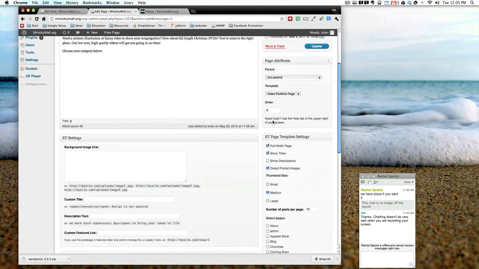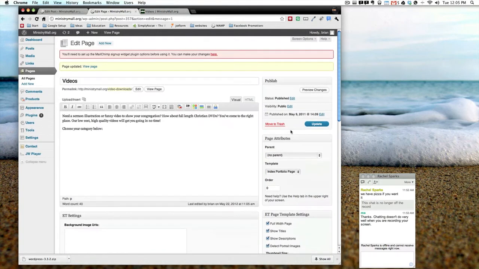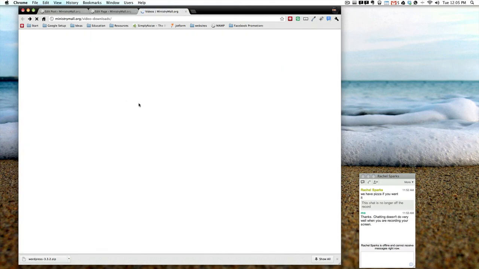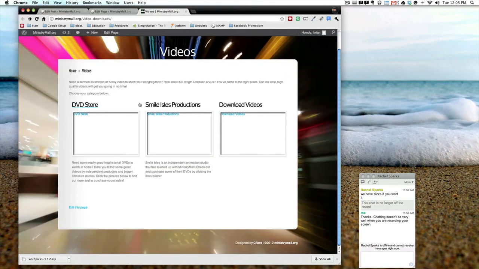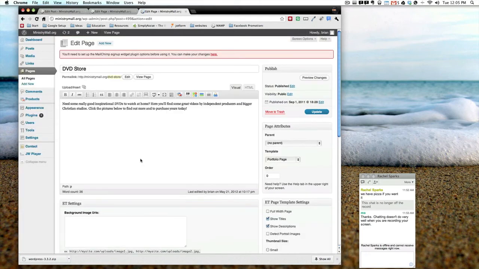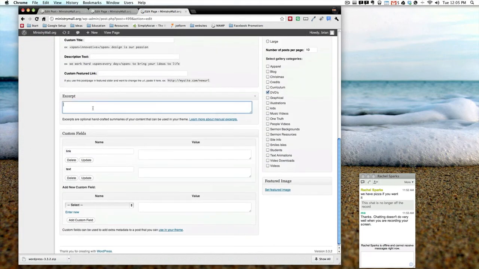Look at that, that looks nice and clean, but we actually kind of want the descriptions, but maybe we want some different values here. For example, we don't have anything for the download videos, and then we do have this lengthy thing for the DVD store. So let's go to the DVD store real quick, and then we're going to edit this page, and what it's looking for is this thing called the excerpt, and this is a really short